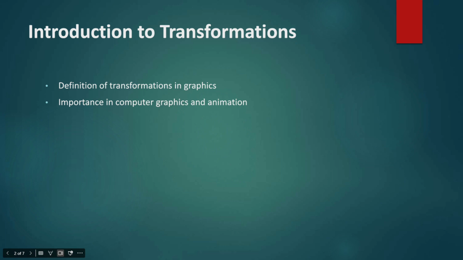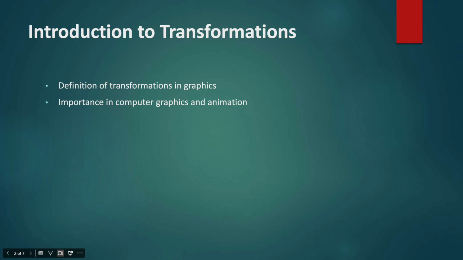Translation: moving an object from one position to another by adding a constant offset to its coordinates. Number 2. Rotation: changing the orientation of an object around a specified point or axis. Scaling: resizing an object by multiplying its coordinates by a scaling factor